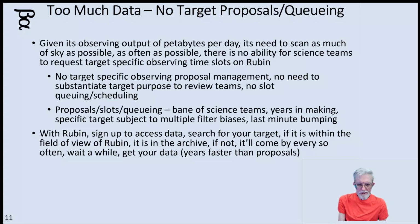There's no ability for a science team to go, could you point the telescope over here? We want to take a picture of this thing. That's what you would normally do. That's why Rubin is unlike the others. It's just going to scan the sky on a regular basis and produce data. And you can't say, I want you to point it here and take a picture. Now, I'm sure the Department of Energy can do so if they want to. They're the one funding it. But in general, it will just be taking a matrix of pictures across the sky, storing that in the archive,